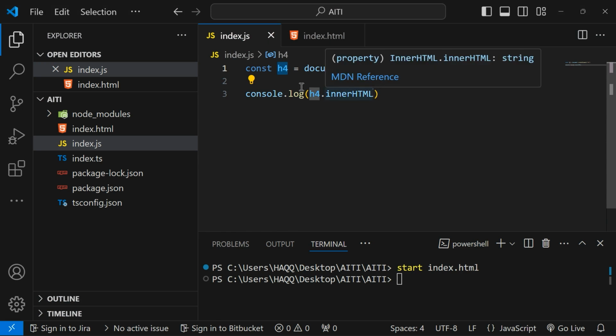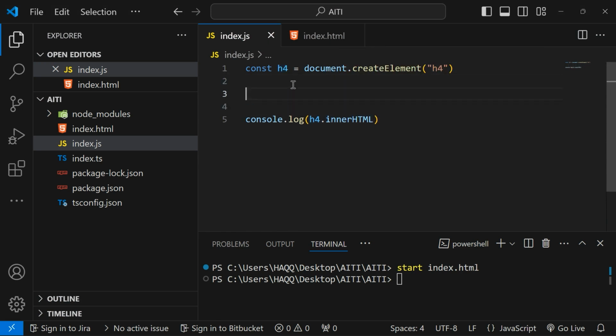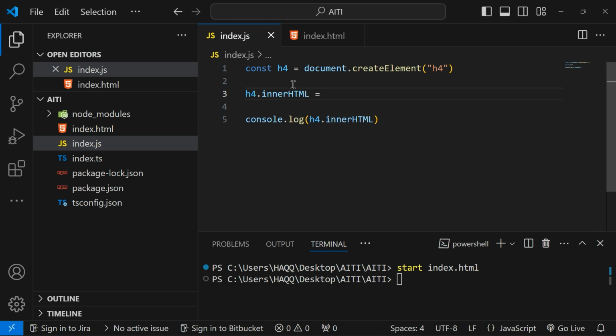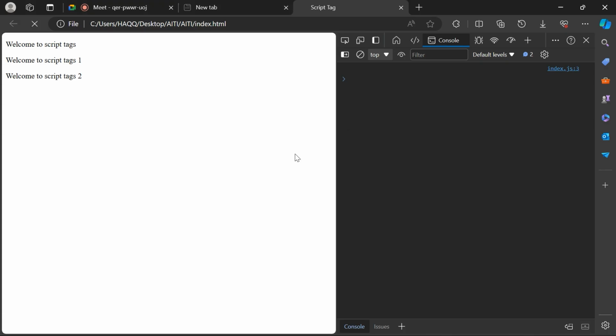The way I can fix this is by modifying that attribute. So I can say h4.innerHTML is equal to "new heading". When I go back to my browser and refresh, you can see the content of my h4 element. But now this element is just in my console. We can't see it